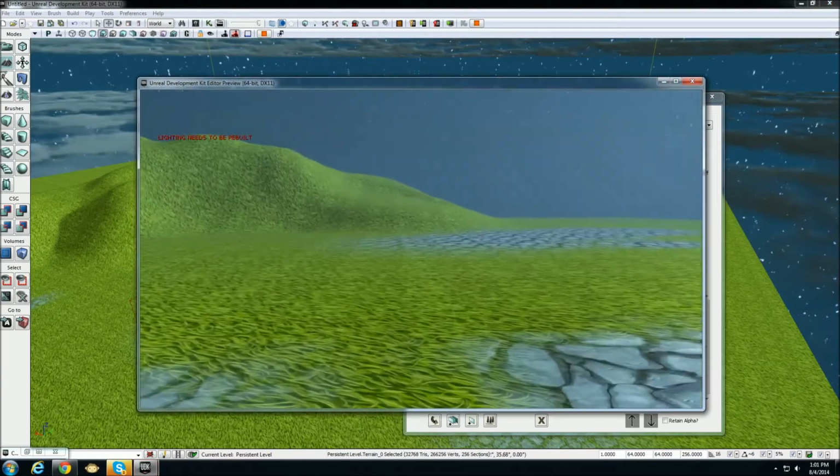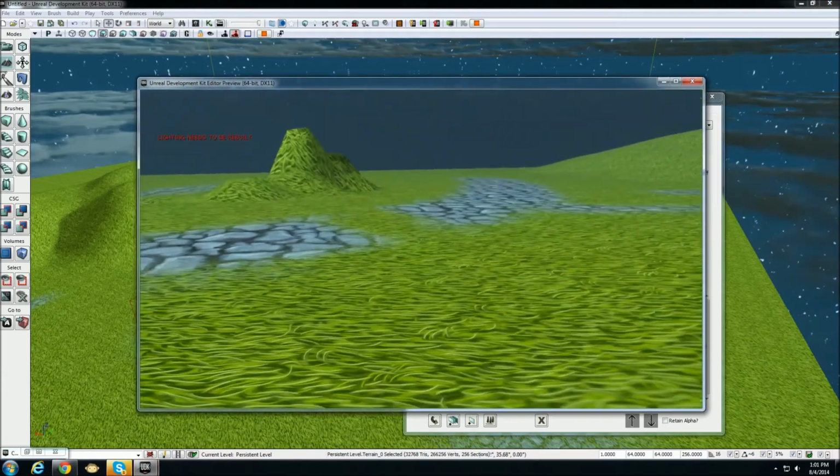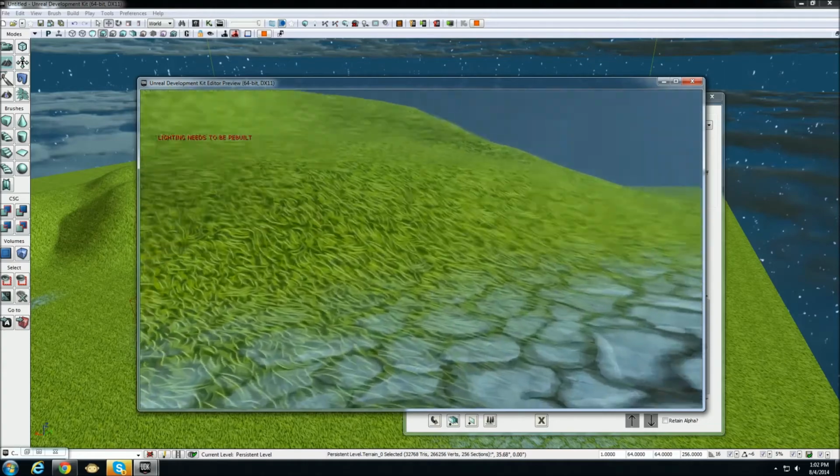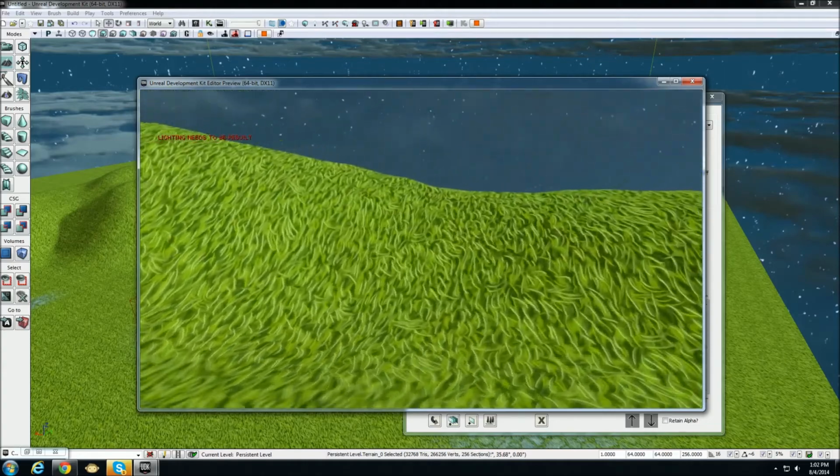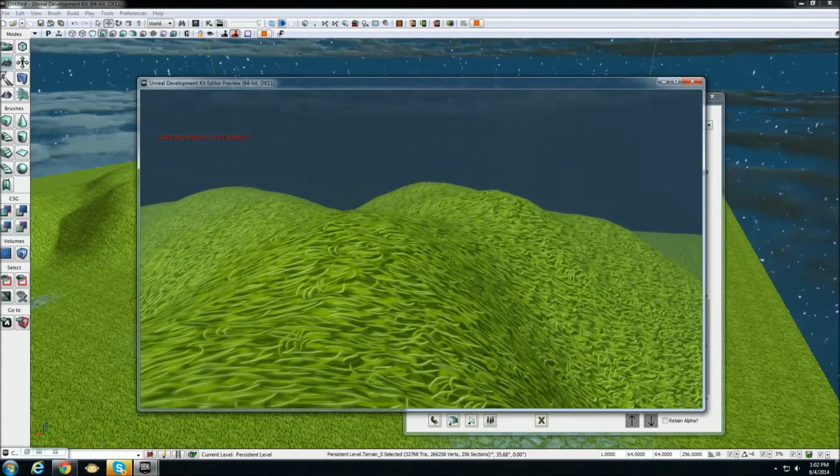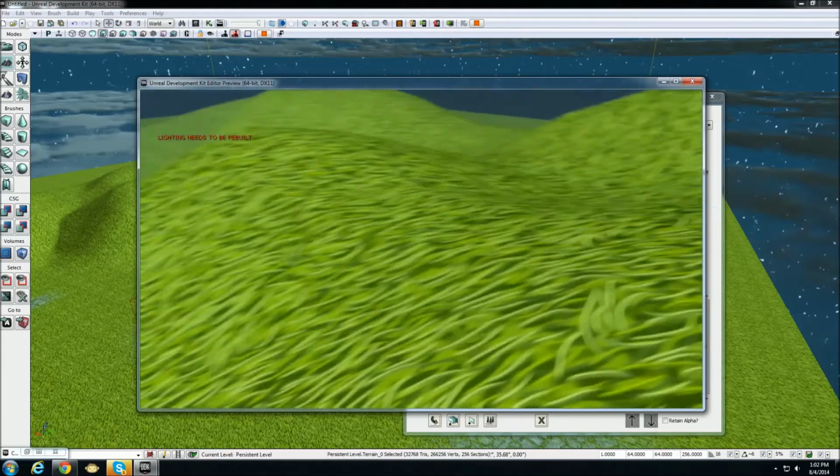All the terrain automatically has collision, so you can come over here and run up hills and test it out. So yeah, that's the very basic